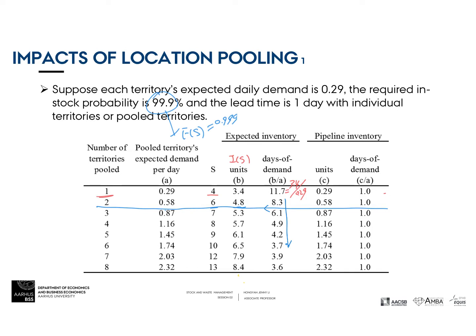Then you save about 2.2 days of demand. And by 7 to 8 territories, it is about 0.3 days of saving. So in that case, you need to make a trade-off on how many territories should be pooled. Of course, the more inventory locations pooled, the more expensive it becomes, because you think about a